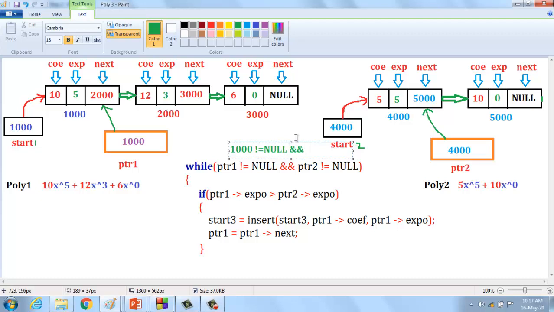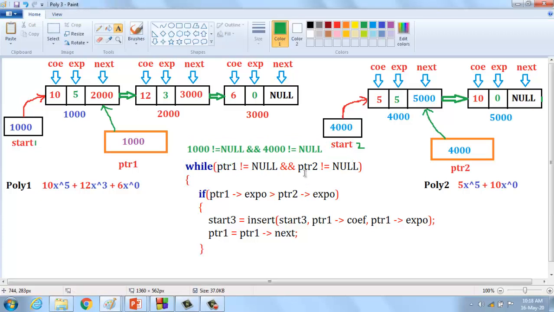And ptr2 is 4000, not equal to null. The condition is true, meaning there are elements present in ptr1 and ptr2, so we enter the while loop. Only when both exponents are equal can we conclude the final output.